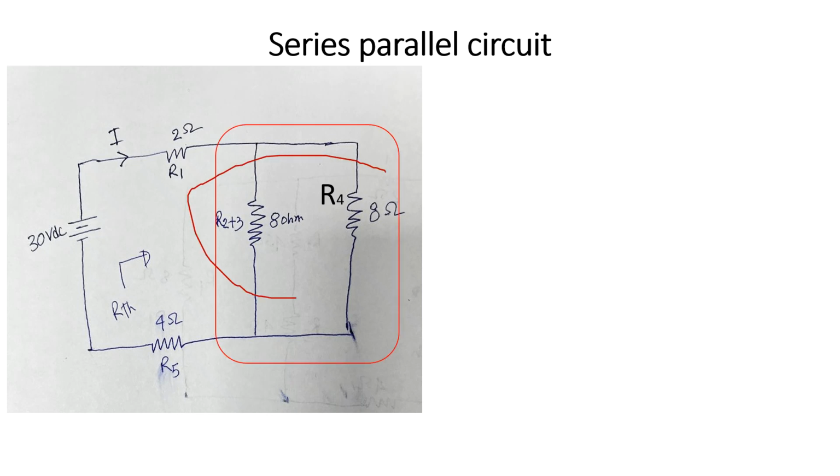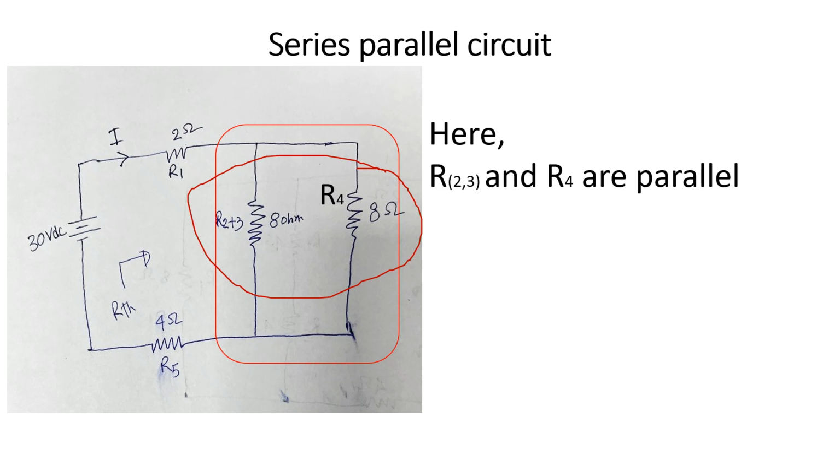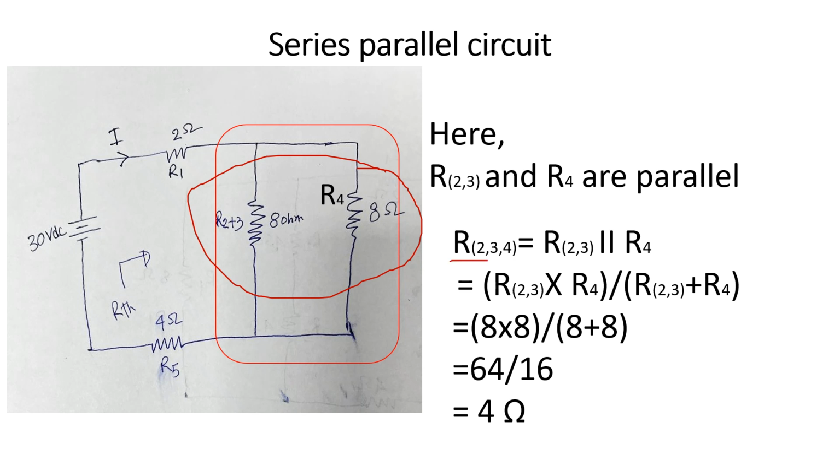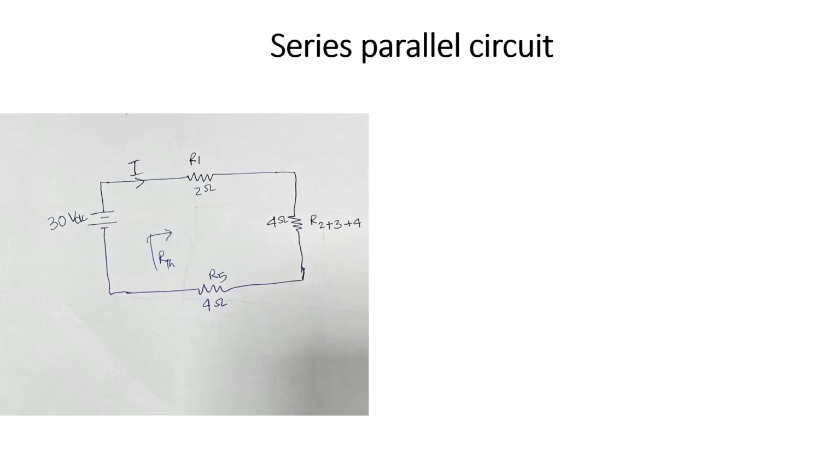Now we will work this part. Here we see that R23 and R4 are in parallel. So the parallel formula is R234 equals R23 parallel R4. Here is the formula: R23 times R4 divided by R23 plus R4. After calculation, we get 4 ohms resistance total. Now the simplified circuit looks like this, and